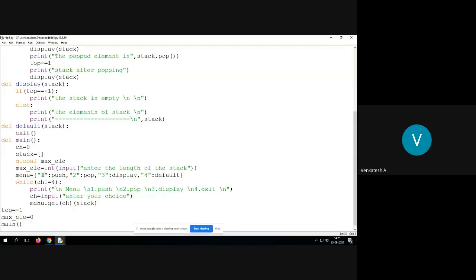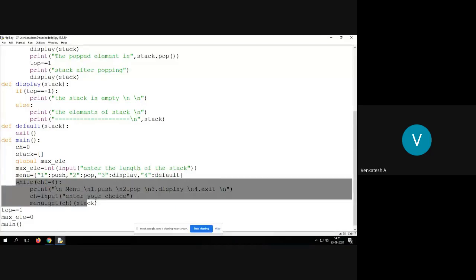Then I am assigning 1 means push, 2 means pop, 3 means display, 4 means default. So before asking the user to enter the appropriate options, I am creating this menu. Then after that, I am taking this infinite loop.